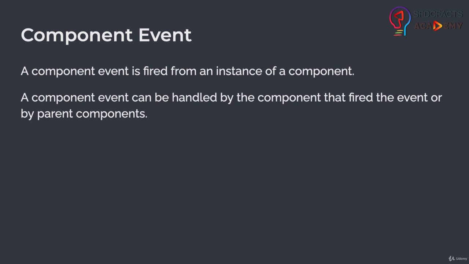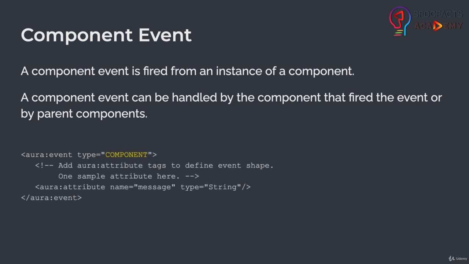So let's take a look at the markup of a component event. You need to create an Aura event, and the type should be component. And in this component, you can have as many attributes as you want, or you can leave it blank as well. These attributes will act as a payload or the data that you want to send from your child component